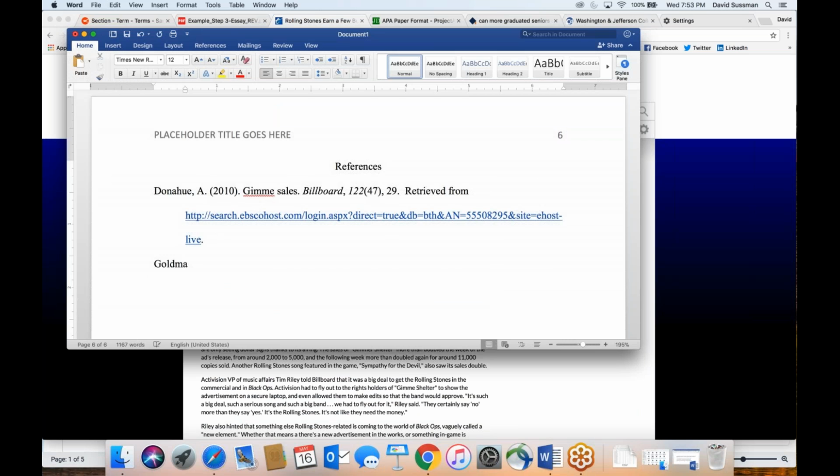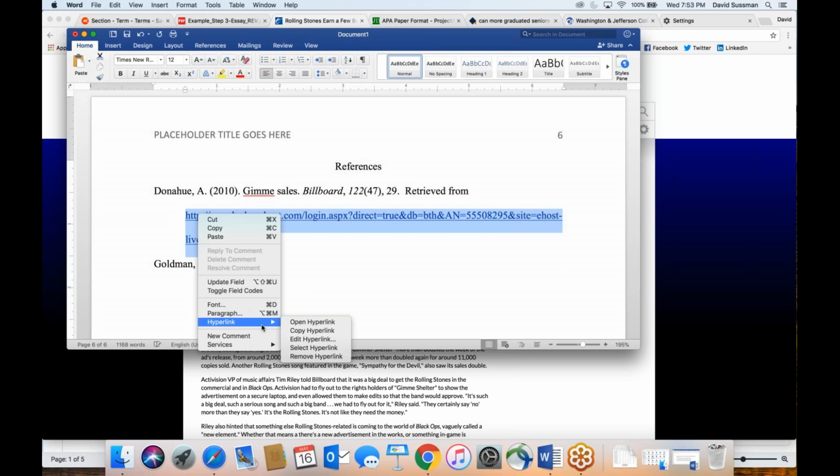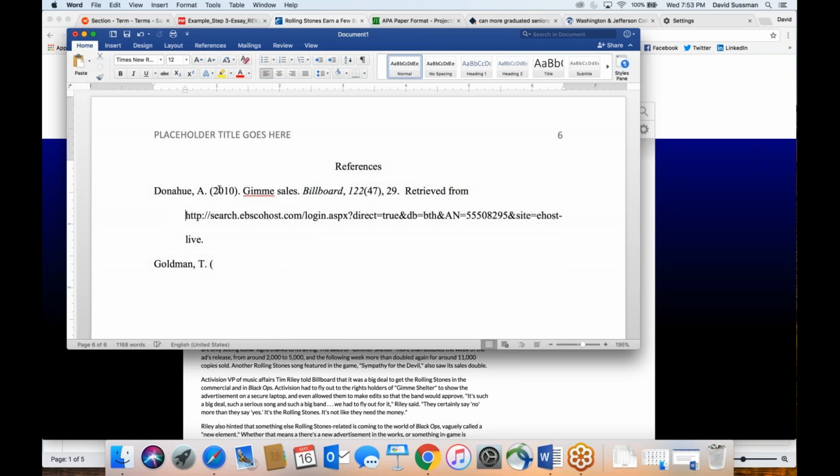Goldman, last name, comma, first initial, so Tom, T, and then we put the date in parentheses. This is going to seem maybe way too specific, but if you can remember to put the year, that's cool. But technically, for anything that's like a newspaper or a website, something that's published with much greater frequency, journals or